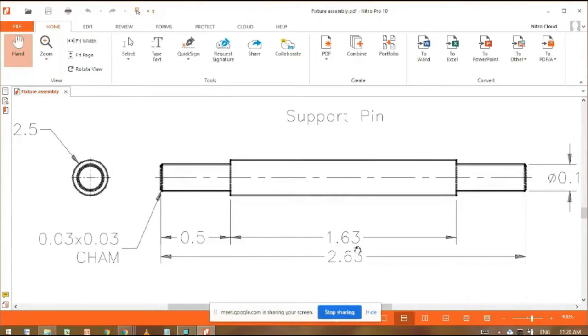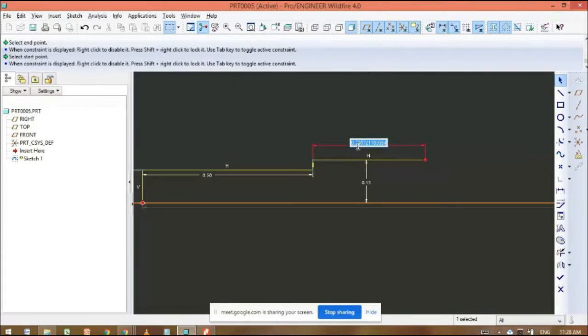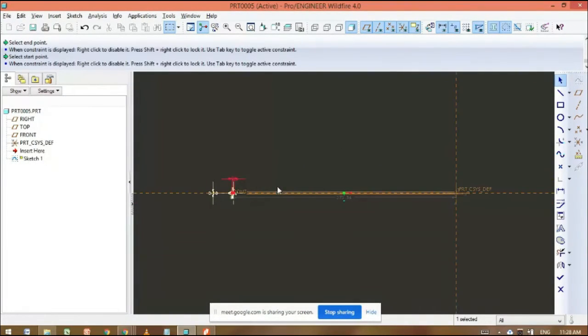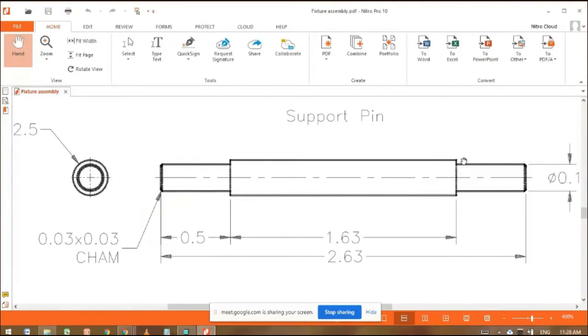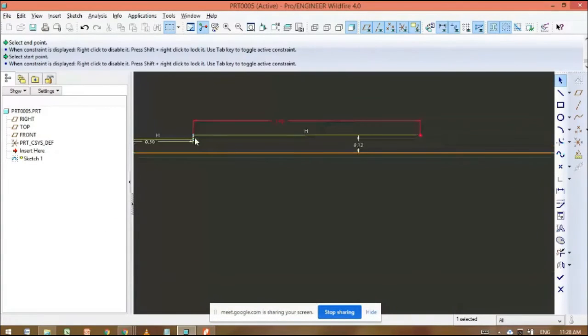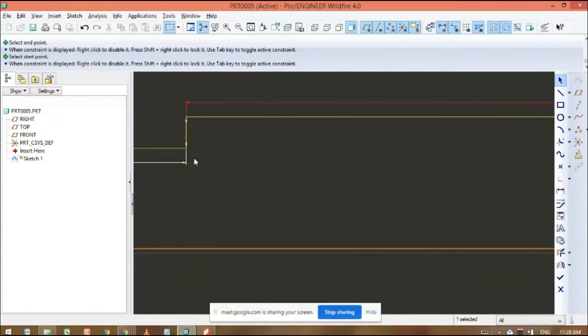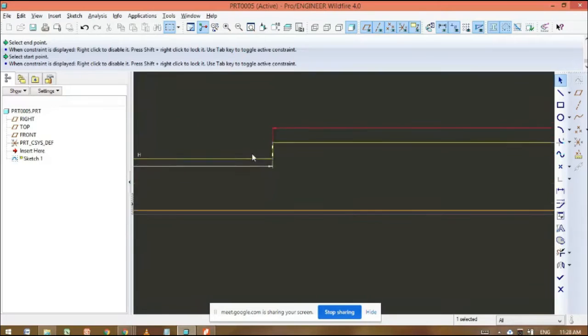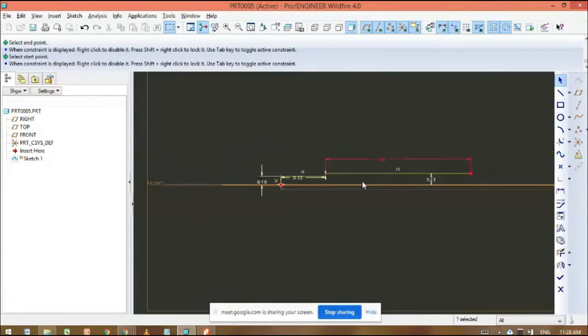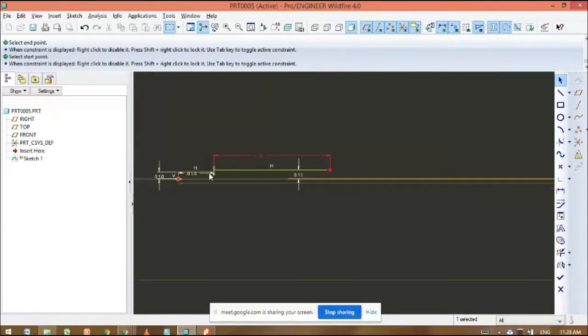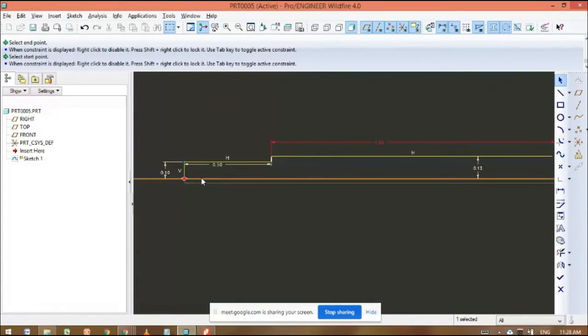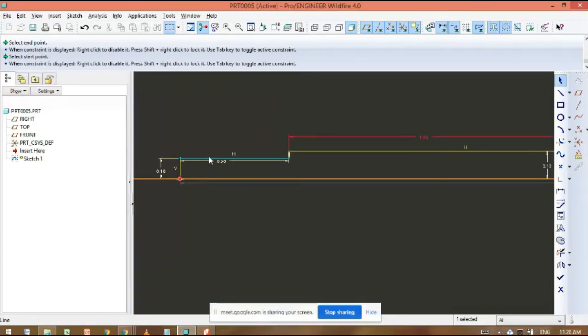Then this length is 1.63. So double click, 1.63. Okay. Then the same dimensions we require here.